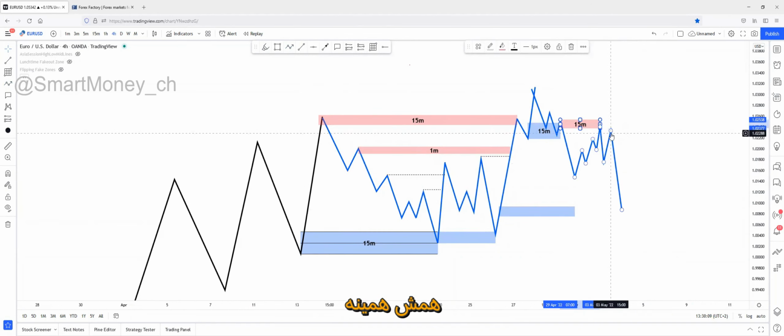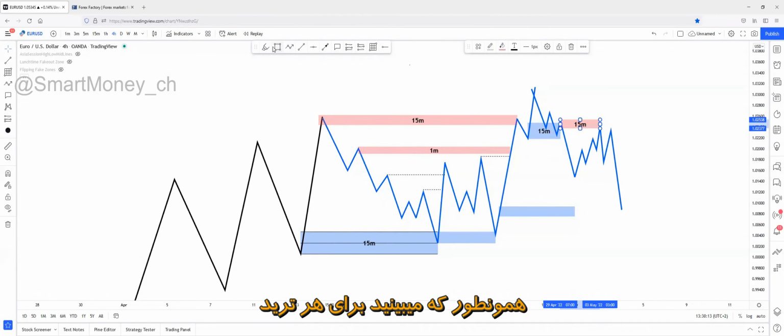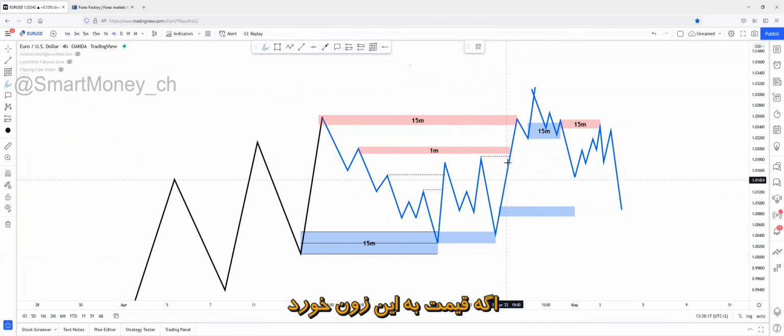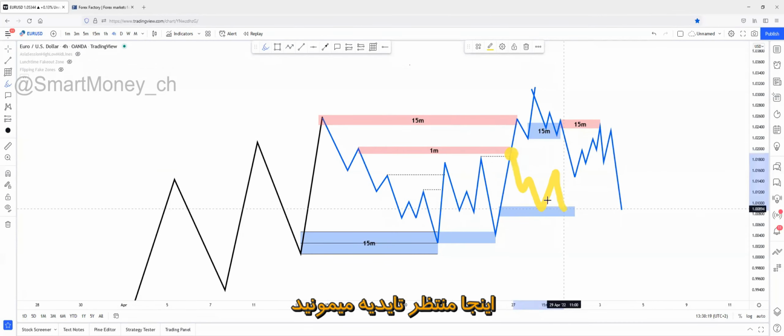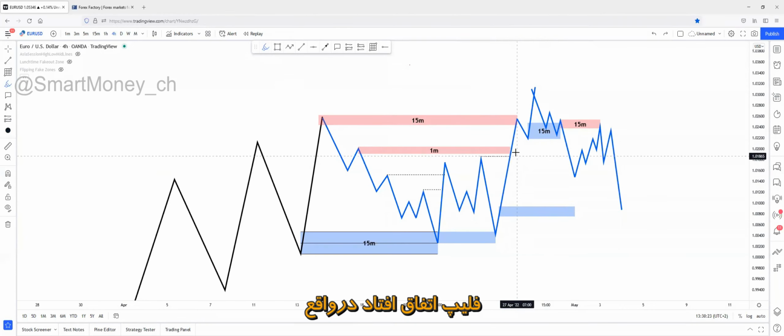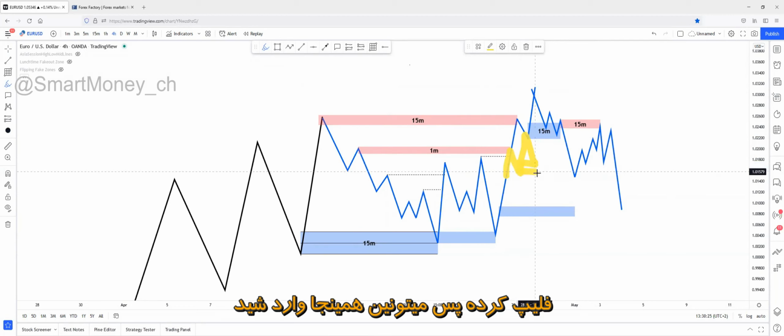This is all about basically just wait for confirmation. As you can see on every single trade, I'm telling you the highest probability. If the tap of this zone happens, you wait for confirmation here. If the tap of this zone happens and the flip happens, the confirmation has happened because the zone has been flipped, and you can enter here.